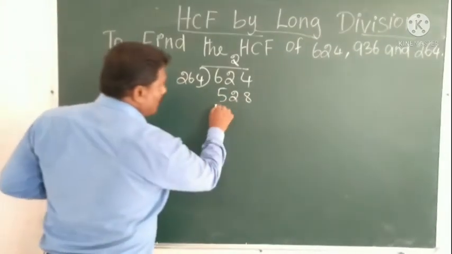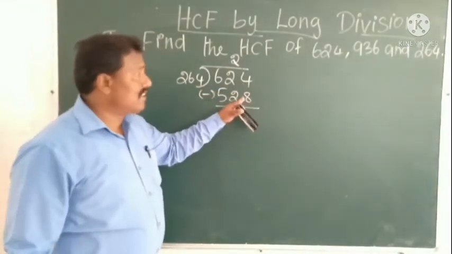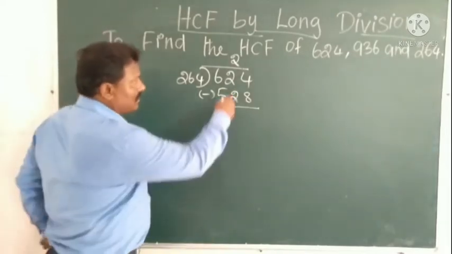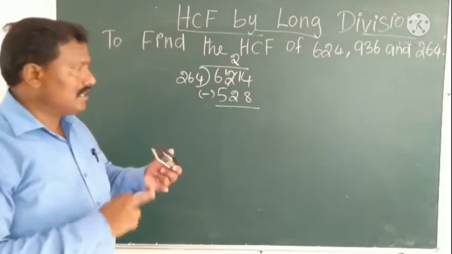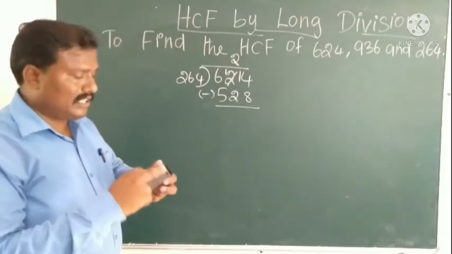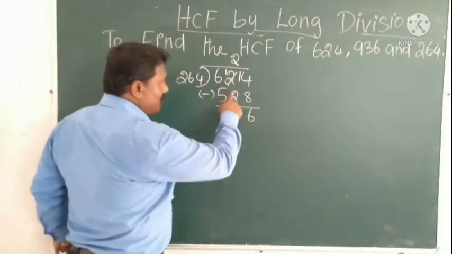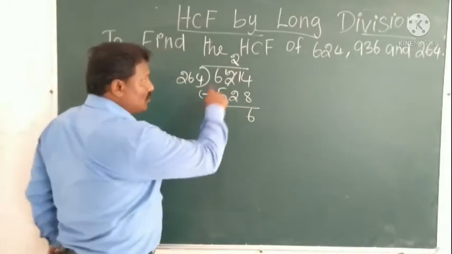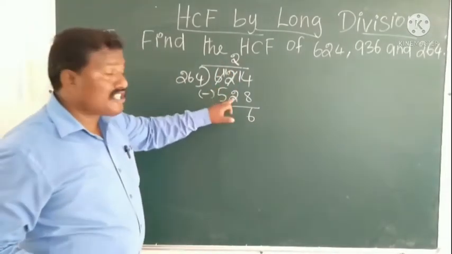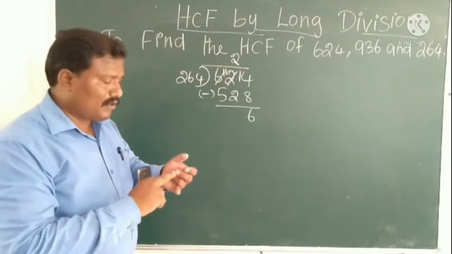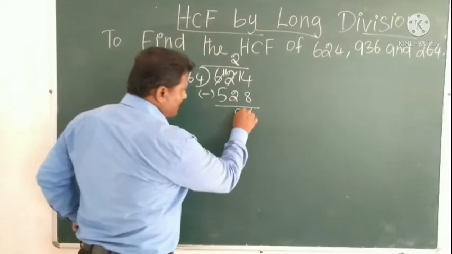Okay. So let me subtract. So 4 minus 8 we can't subtract. So borrow from the nearby number. So it will become 14. So 8 after 9, 10, 11, 12, 13, 14. 6 as a remainder. Here 1, here 2. We can't subtract, so borrow from the nearby number. Here becomes 11. So 11 minus 2. 2 after 3, 4, 5, 6, 7, 8, 9, 10, 11. 9 is the difference. Okay.